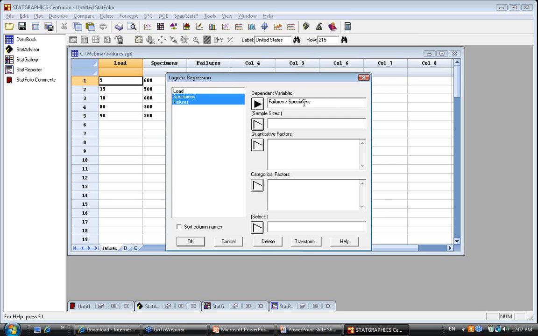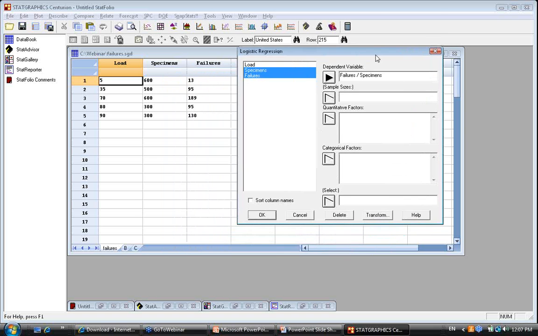If I take failures and divide by specimens, you'll see that'll give me the proportion of failures. This is another time when it's handy in Statgraphics to be able to just type in an algebraic expression. I also have to put in specimens for the sample size, and then I'll put in load as a quantitative